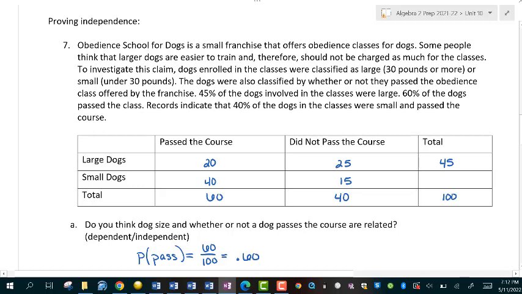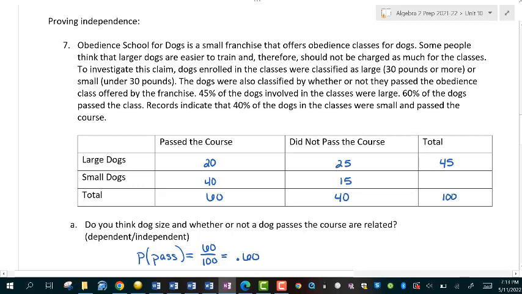So it says Obedience School for Dogs. It's a small franchise that offers obedience classes for dogs. Some people think that larger dogs are easier to train and therefore should not be charged as much for the classes. To investigate this claim, dogs enrolled in the classes were classified as large, 30 pounds or more, or small, under 30 pounds. The dogs were also classified by whether or not they passed the obedience class offered by the